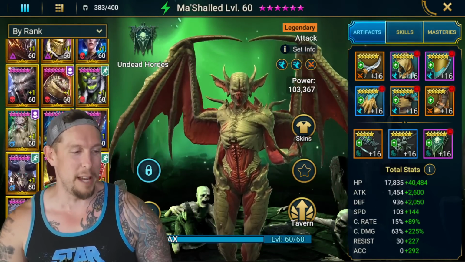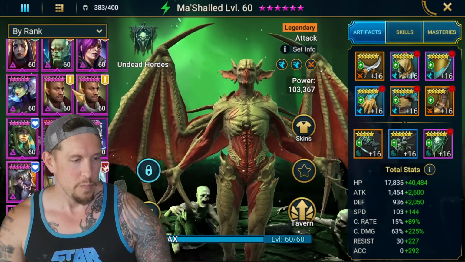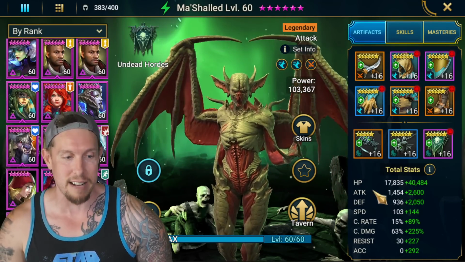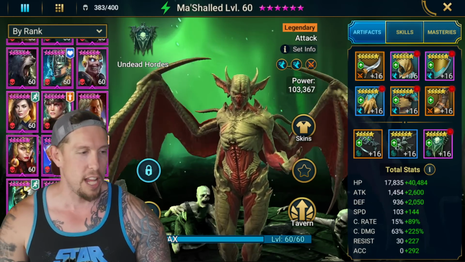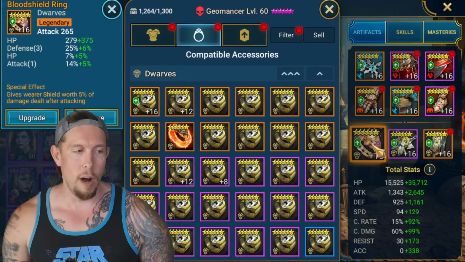Let me just go to a champion who I know I use all the time. Let's just go to Ugo, right? So Mashald is different. I have him fully empowered. He's one of my best champions on my entire account. So he's naturally pretty tanky compared to the rest of my champions anyway. But a champion like, it doesn't even matter, Geomancer, obviously, right? We want him to have...